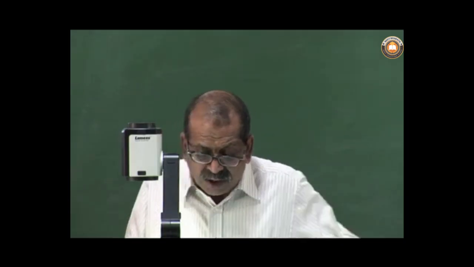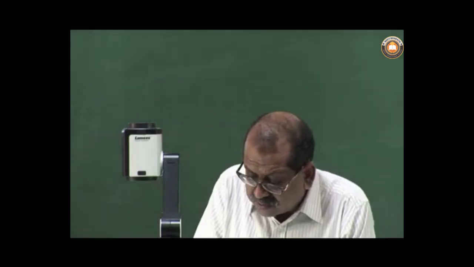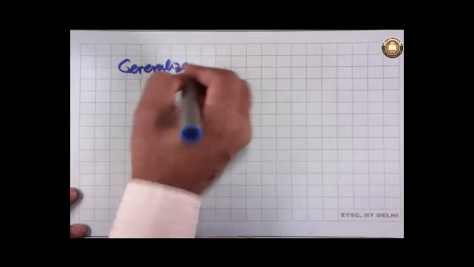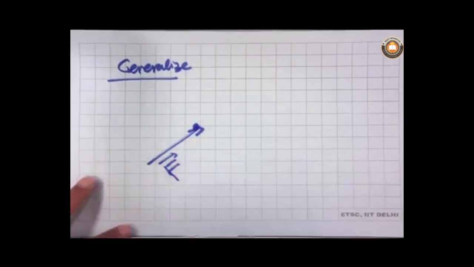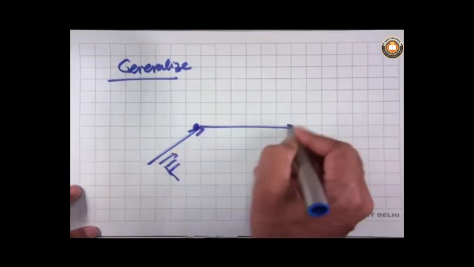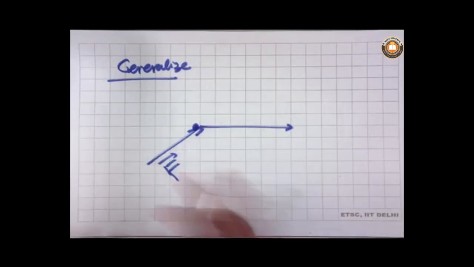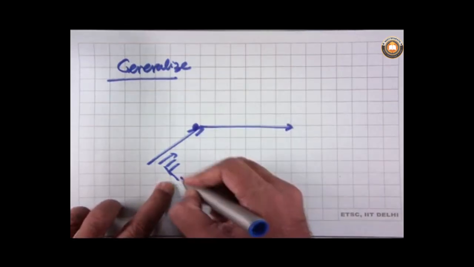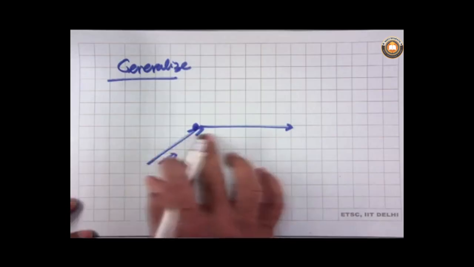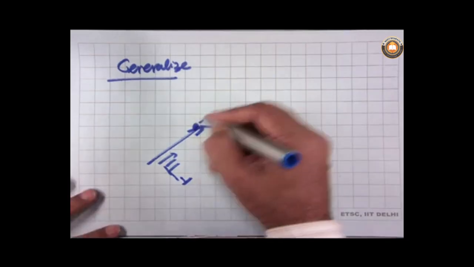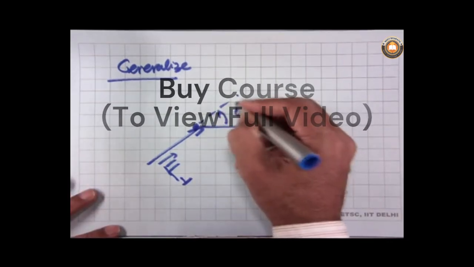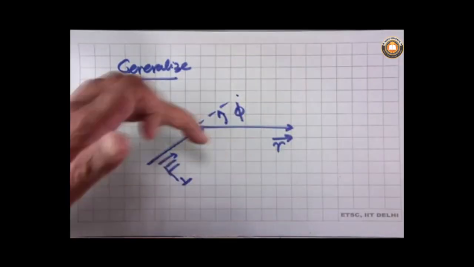Now, let us generalize this concept. We talked of a 1D case and we generalize this. In a general case, let us say we have this particle on which the force F is acting, and there may be more forces acting. Therefore, we are looking at the work done by this particular force, let us say F1. Now, if the particle is moving like this, let the displacement of the particle be given by r, and so the angle between the force F and the displacement